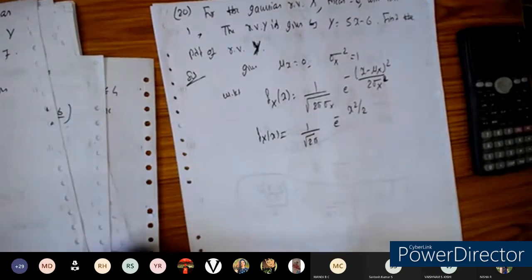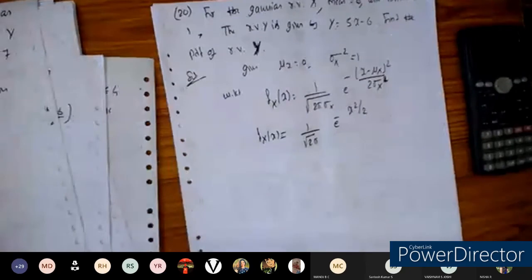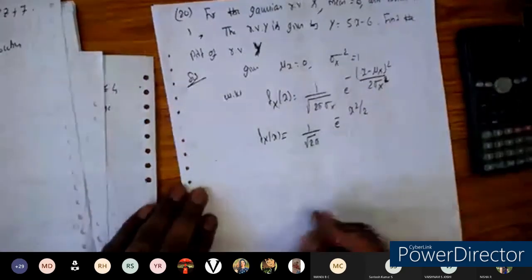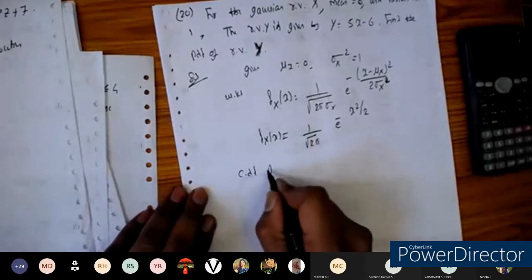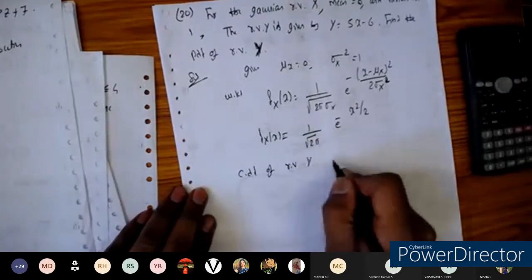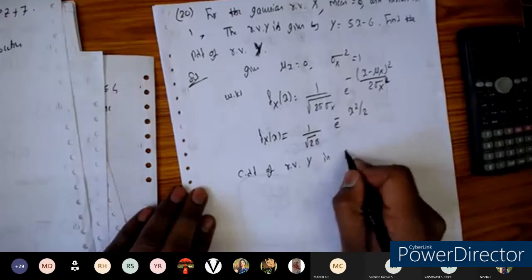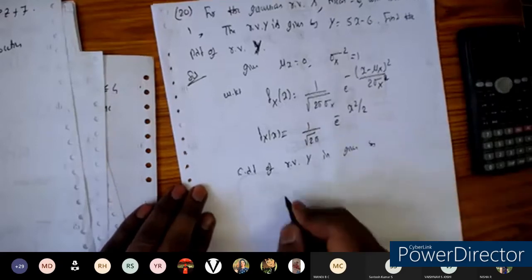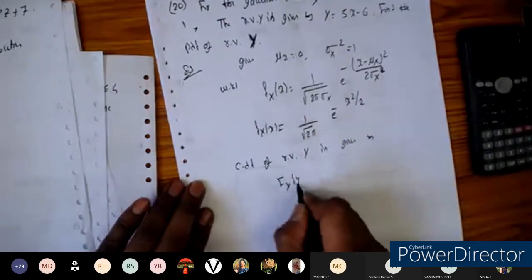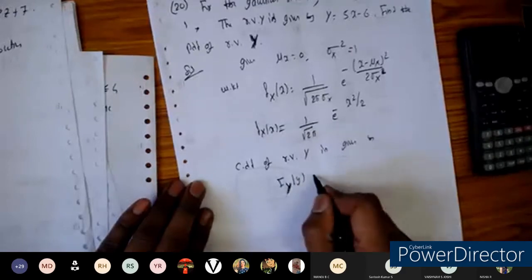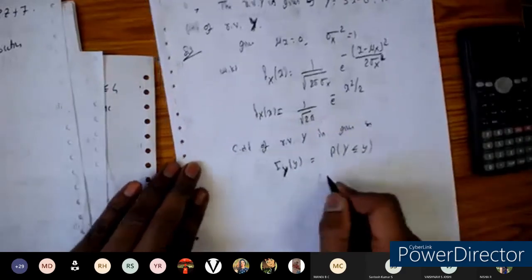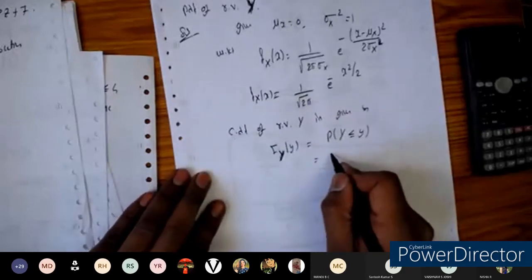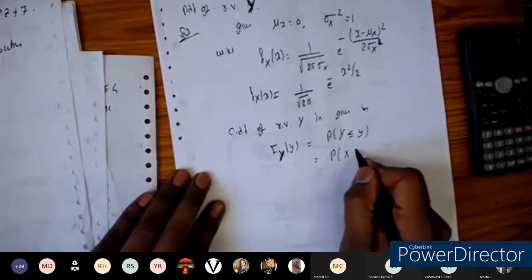Now what shall we do? By using the transformation of the variables, let us find out the random variable Y. The CDF of random variable Y is given by phi of y, which is equal to the probability that Y can take the value less than or equal to y. So it is equal to the probability that X can take the value